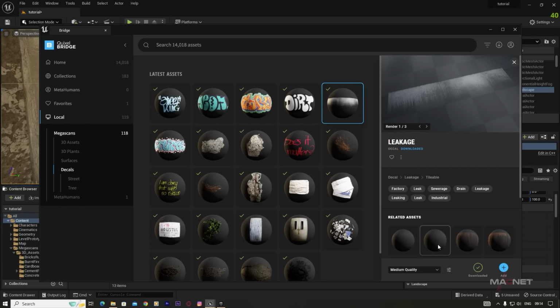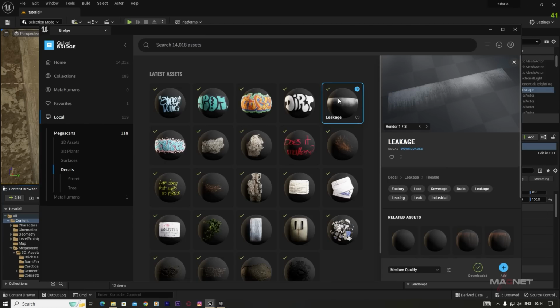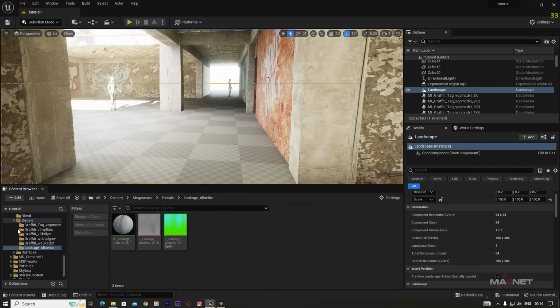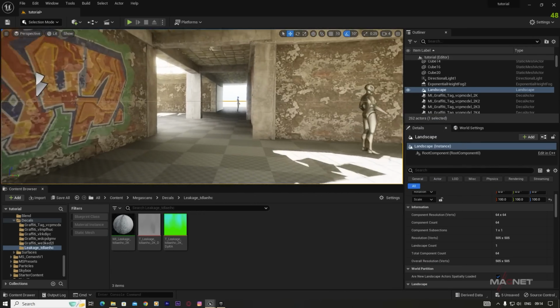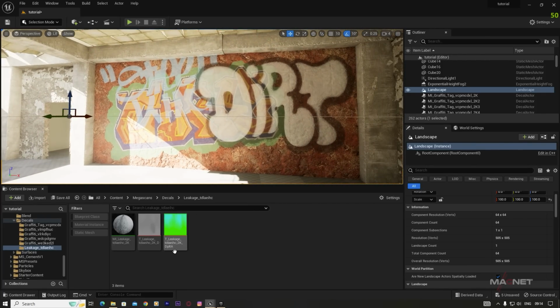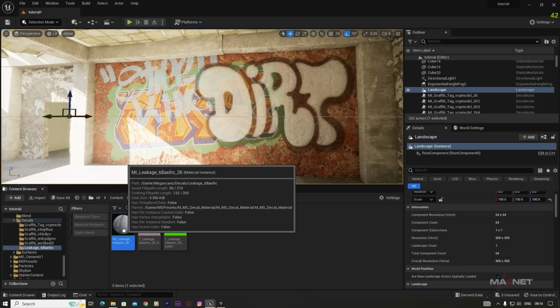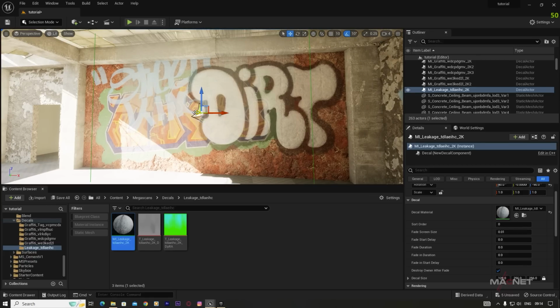And you can also get other leakage here. But these work nicely for me, so I'm going to use this one. So just click on this add button here, and here is this leakage decal. And you can see that if we put something over these walls, the result will be more amazing. So just put it over here, and then we rotate this to 90 degrees here,